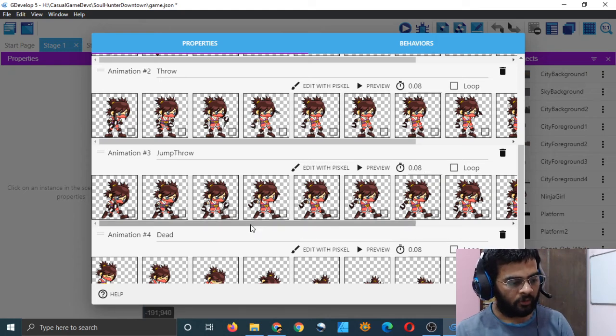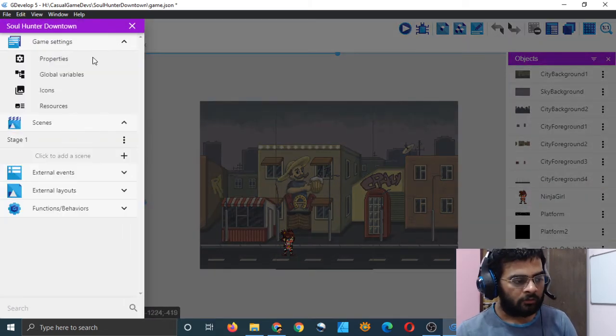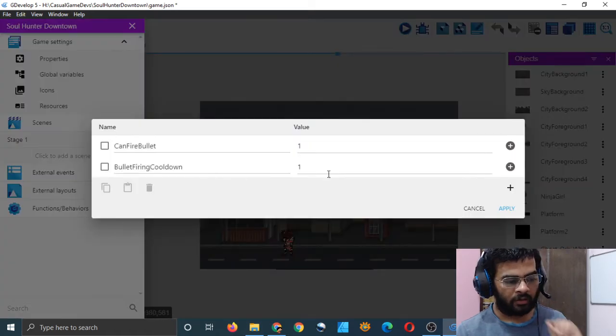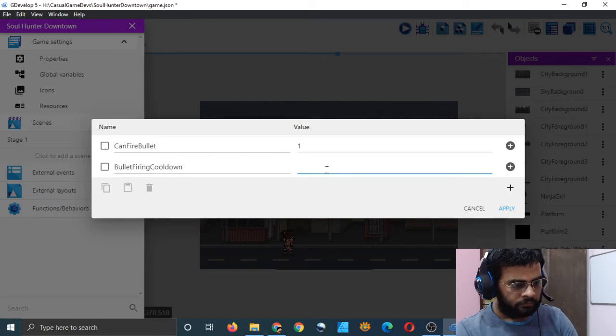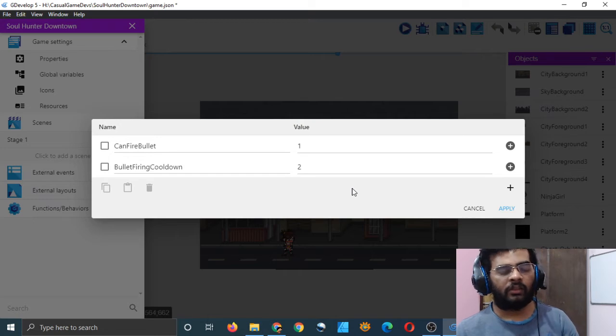I mean, it's spending 0.08 seconds per frame. So 0.8 seconds. So 1 second is good enough. I will increase, 1 second cooldown is good enough, because in that time the animation will be able to play fully. But I will make it 1.5 seconds, because, I'll make it 2 seconds, because as the game progresses player will be able to get power-ups which will help them decrease this cooldown.